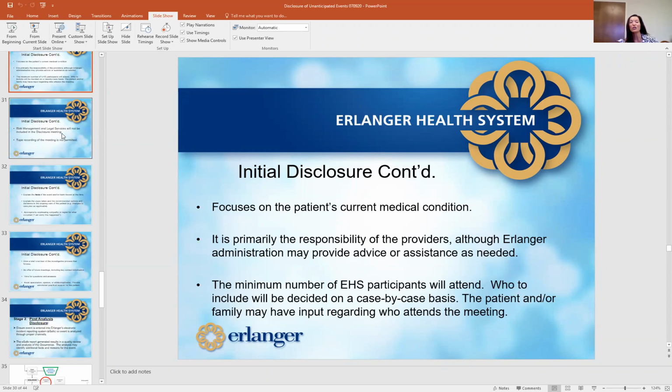And he told the patient exactly what happened. They didn't exactly know why it happened. Sponge counts looked good, so initially he didn't know what happened. But he said, hey, here's what happened. I don't know how that happened. We went back and checked our counts. Those were accurate. But setting that aside, here's what we're going to do. We're going to have to do another surgery to remove it.